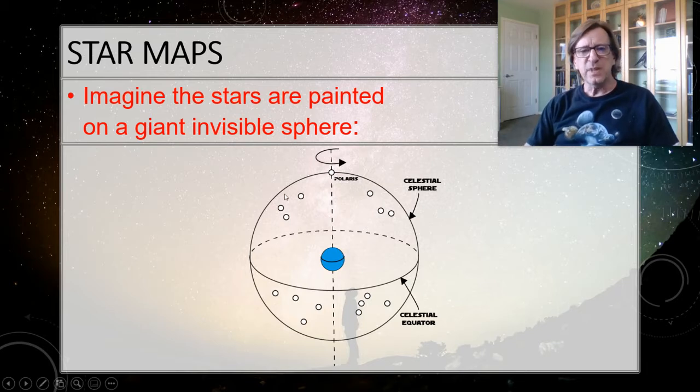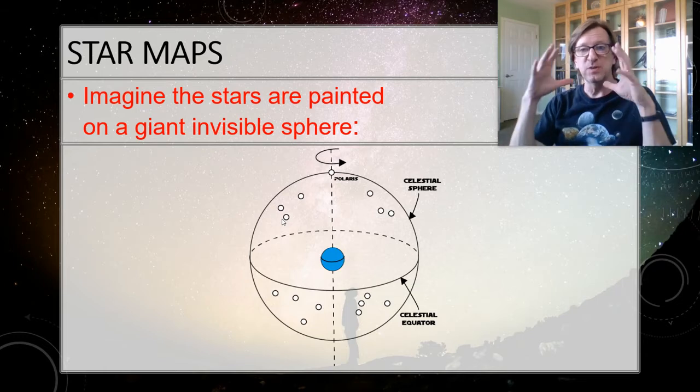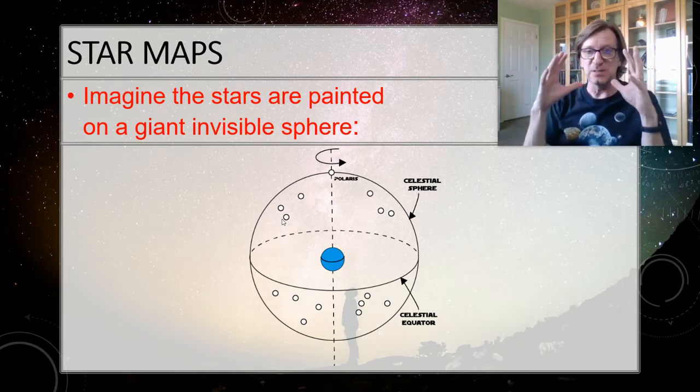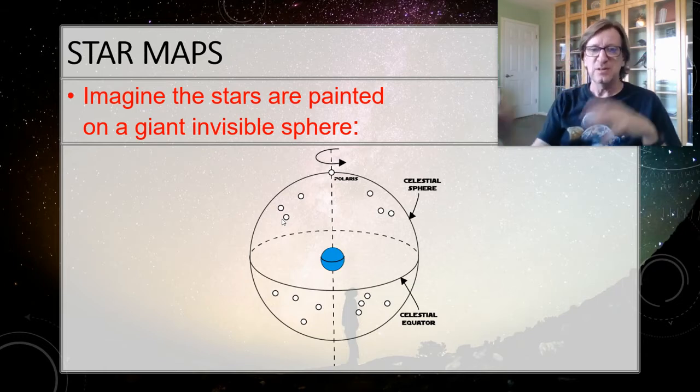So if they're painted on this celestial sphere, then the Earth is free to turn inside here. That's what's actually happening out in space. So imagine I'm standing over here on this side. I can see this star right here. I can't see this one. But as Earth rotates, eventually it's going to bring me around to this side. This star will have set. I can't see it anymore. And this star will have risen. Of course, the stars themselves didn't actually move. They're still painted on this stationary celestial sphere. Does that make sense? Okay.